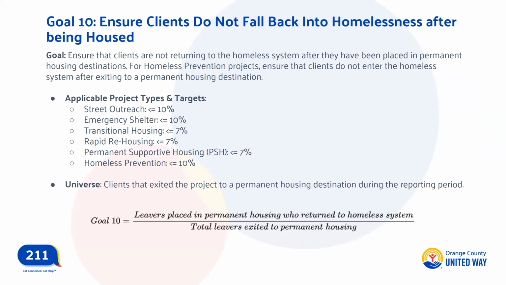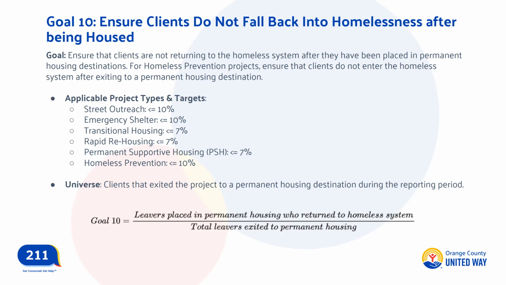So goal 10, ensure clients do not fall back into homelessness after being housed. So this measure is going to look at a 2-year period, and this aligns with HUD's system performance measure. They look at a 2-year period to ensure that clients that do exit your project, if they enter a PH situation, that they are stably housed there. So it's going to ensure that clients that are not returning to a homeless system after they are placed into